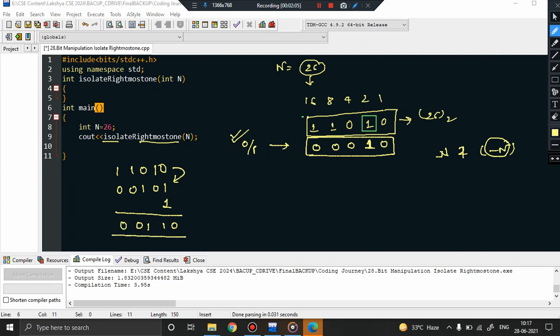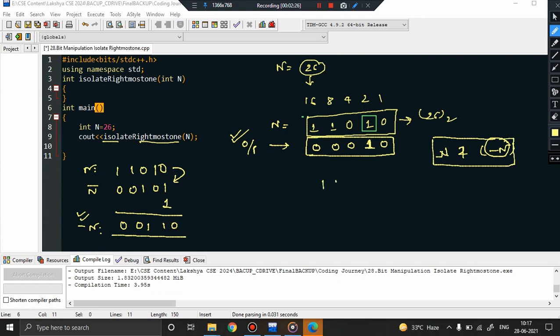So this is n, this is n complement. Here we added 1, and now it became the 2's complement, which is minus n. Given that we have already calculated minus n, and we also have the value n, as per our trick, we will perform a bitwise AND operation between n and minus n.